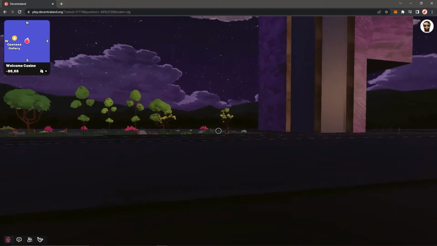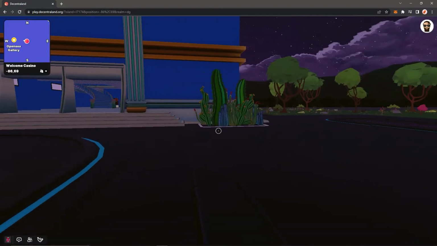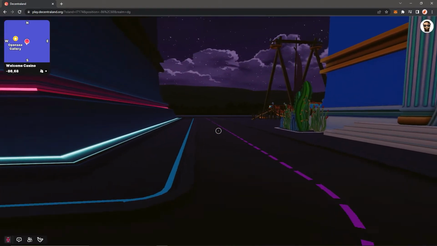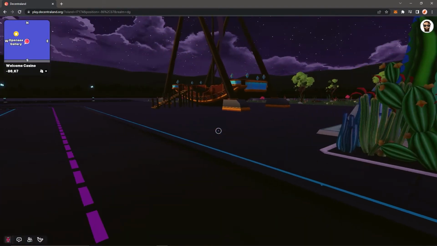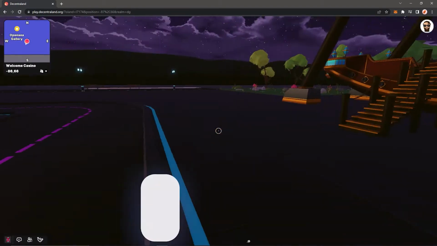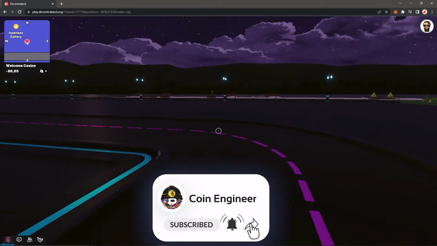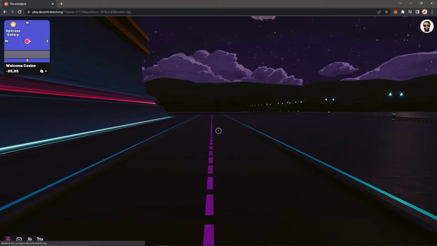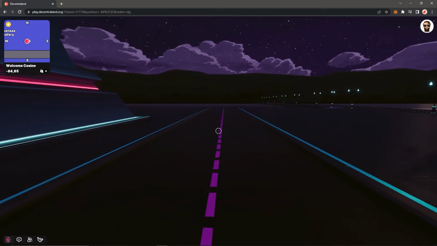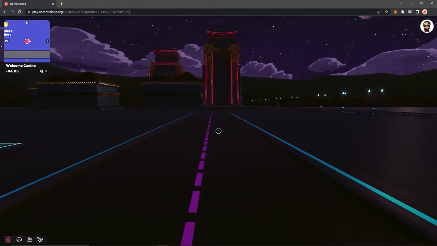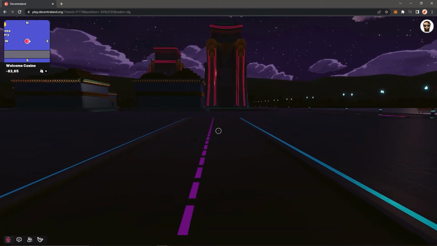So I believe you get the point so far. Decentraland and Metaverse, these are only the beginning. I mean, they're not fully finished or completed. It's part of the technology. The new era is just starting. So as a coin engineer, you should know all about Metaverse. And as I said, in the future, we will be coming up with different Metaverse projects such as Sandbox, Roblox,